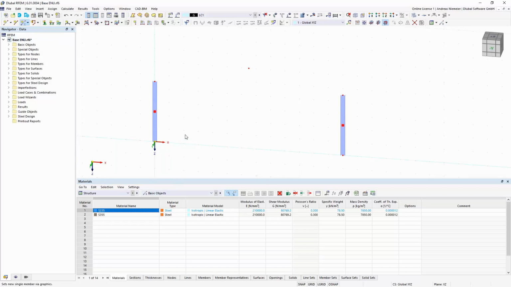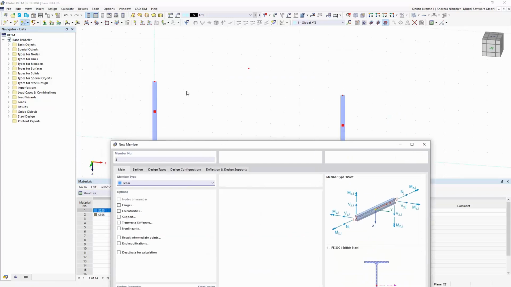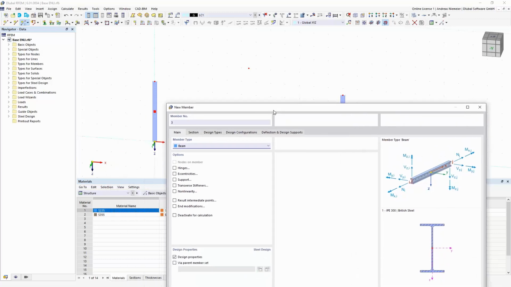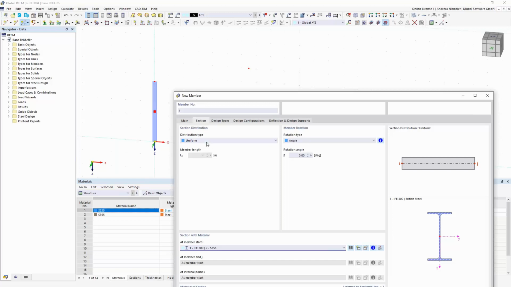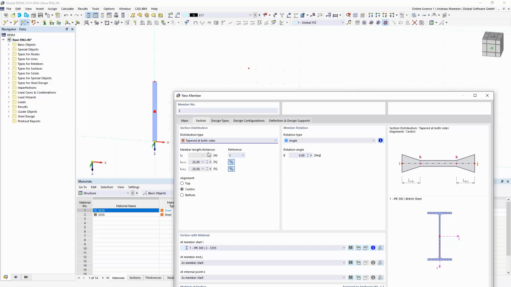Now, when we create such a member, we generally want to create a member which has a bigger cross section here than in the middle, because the bending moment is bigger here, so we want to taper it. In the past we modeled this by two members, but now our program offers a macro solution. We have a section type with distribution type uniform, or linear, but also now new,